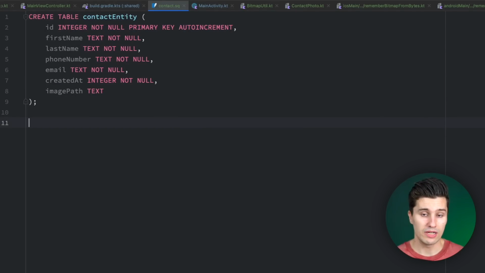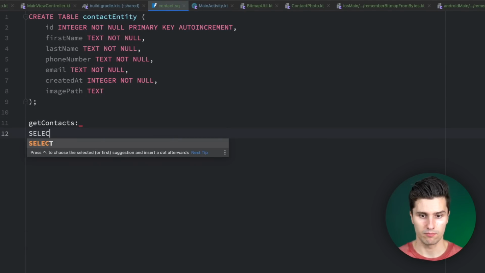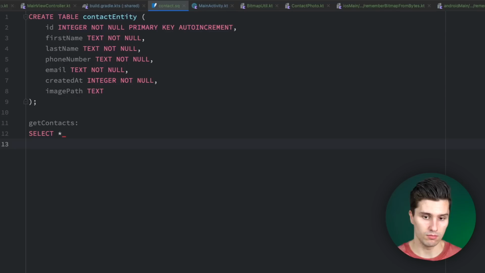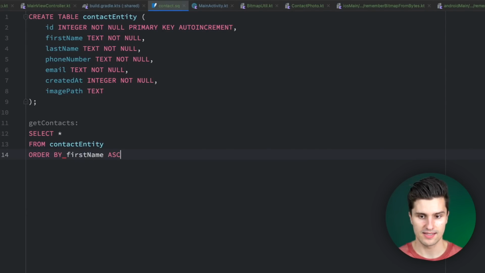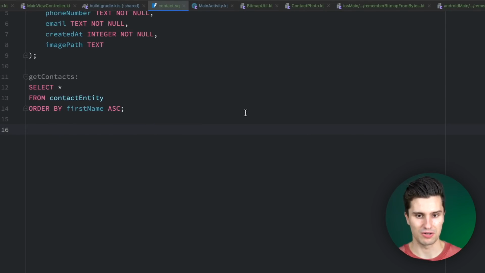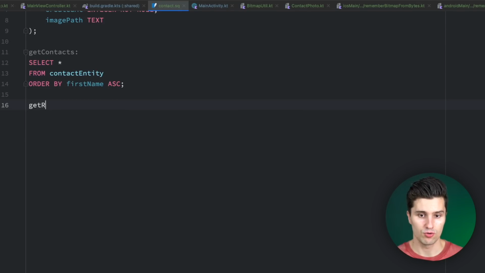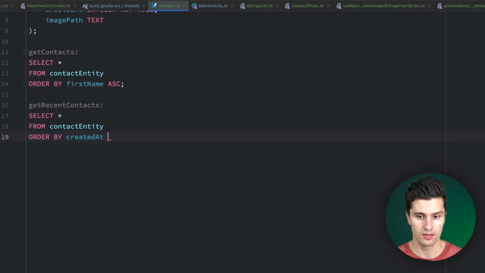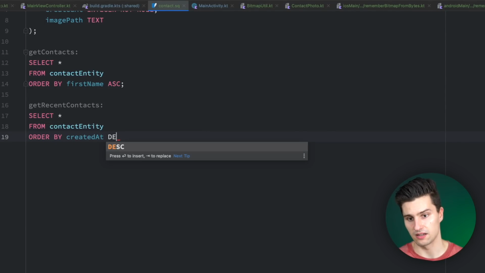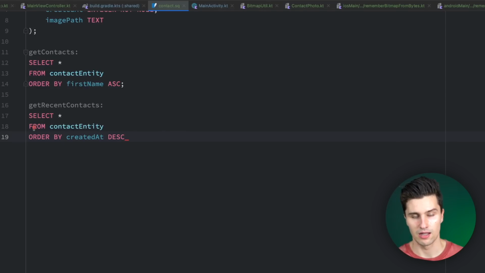After creating this table, we now define the different queries we need. On the one hand, we want to have a query to get all contacts, and here we just say, hey, we want to select all columns from the contact entity table, and we want to order that by the first name ascending. Cool, and that is how we define the queries in SQLDelight. It's pretty simple. Then we also want to have a query for getting the recent contacts. Again, getting all columns from contact entity. This time we order by created at, ascending, actually no, descending for this one,